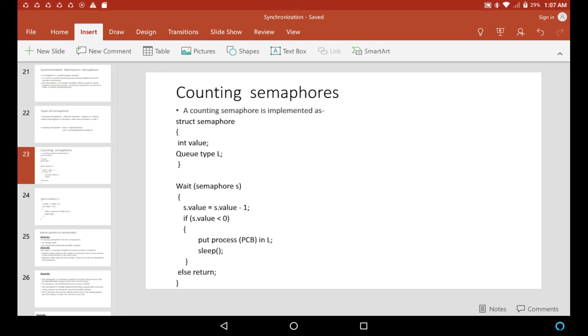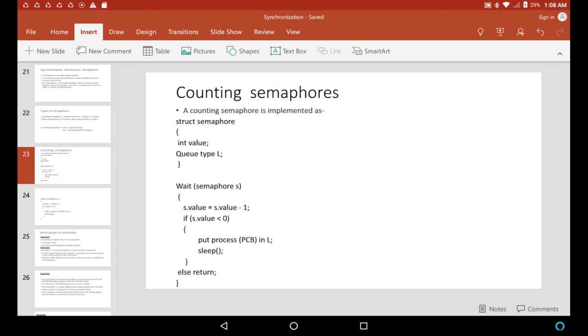Now again process P3 comes. Now here what is the value of S? S is equal to 1. Now it can also execute this statement, S value is equal to S value minus 1, and it forces the semaphore value to 0. Again it is not less than 0, so P3 can also enter into the critical section. Till the condition S value less than 0 becomes false, the processes go into the critical section. Now here it is just for explanation, it is not allowed to enter all 3 processes into the critical section at a time for mutual exclusion, just to get an idea how this particular wait operation is working.